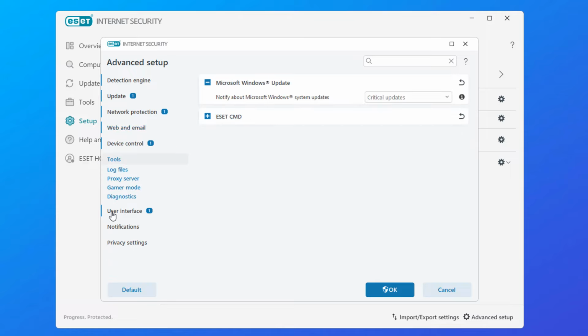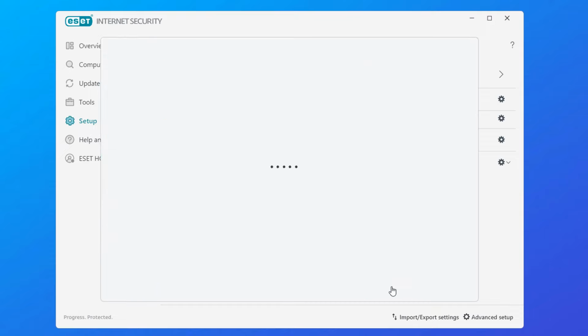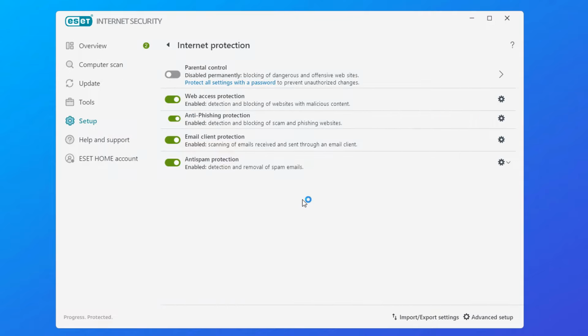And you can see here, we do have now access to Microsoft Windows Update. Notify about Microsoft Windows system updates, and it says critical updates, and you can change this to whatever you like here. If you wanted to, you could put this to no updates, and this would also block updates here, notifications and stuff like that. It will stop it. So let me go ahead and click apply and OK here. So we'll just click OK, and this should now open up another window,